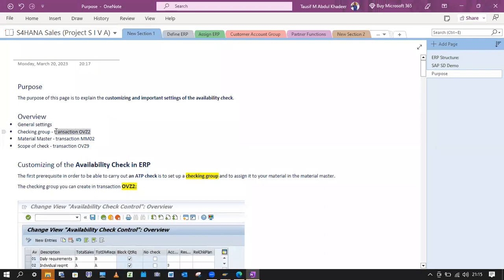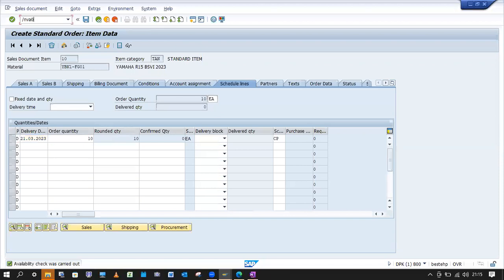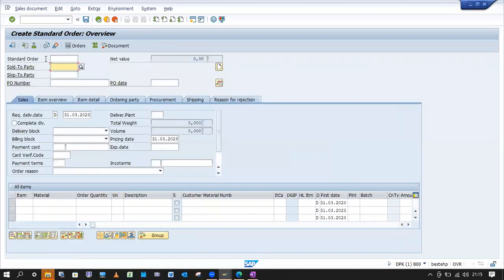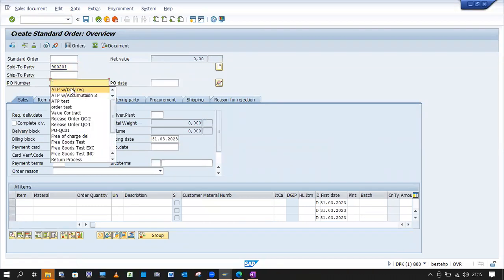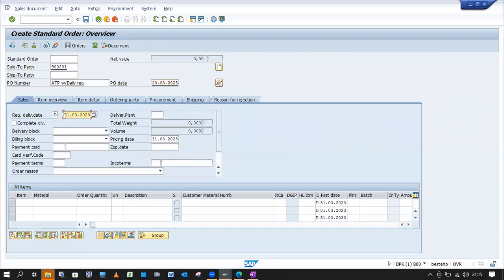अभी तक हमने ये OVZ2 को अंडरस्टैंड करने का कोशिश किया. OVZ2. Now checking rule is at OVZ9. ओके, अभी मैं जो स्क्रीन पे हूँ वो OVZ9 है, क्योंकि मैंने मटेरियल मास्टर में चेकिंग ग्रुप चेंज किया, बट वो जब अवेलेबिलिटी चेक करना चाहता है तो वो बोल रहा है कि चेकिंग रूल असाइन नहीं किया. Here